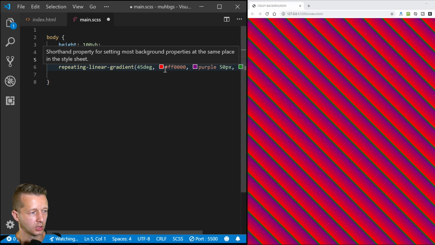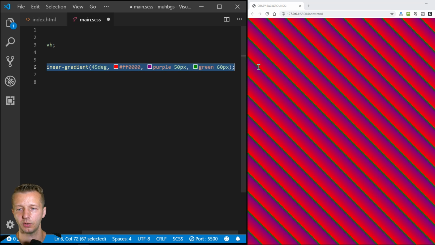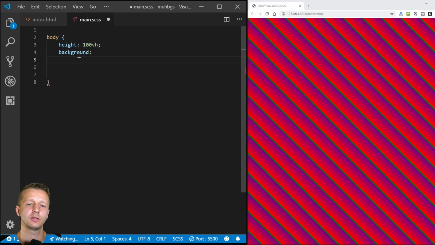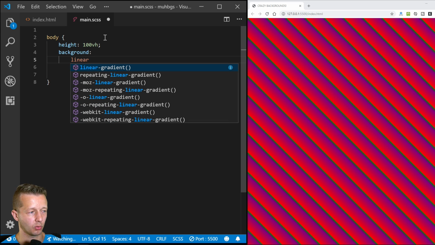All right, so let's go ahead and put in first a linear gradient. What's cool about the background property is you can specify multiple different things such as linear gradient, and then you can put a comma after it, and then have a repeating linear gradient, which is what we're going to do. So let's first just create a linear gradient,